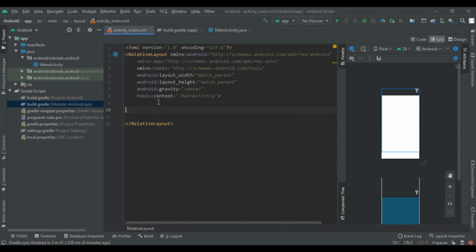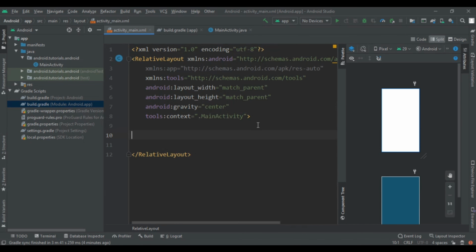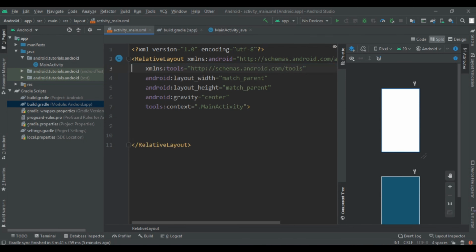Here I had changed my layout from constraint layout to relative layout and applied layout gravity to be center. First we are going to start our activity in onCreate. Now we are going to implement one text view. This is for design purposes only.